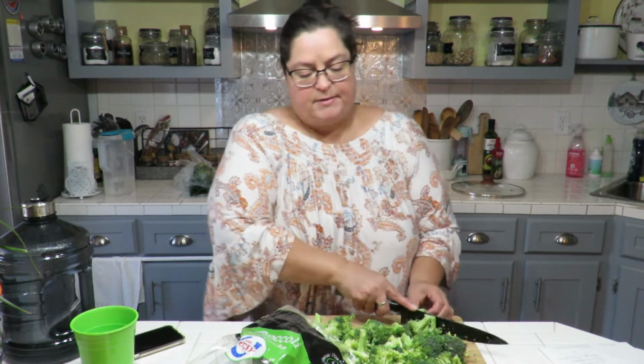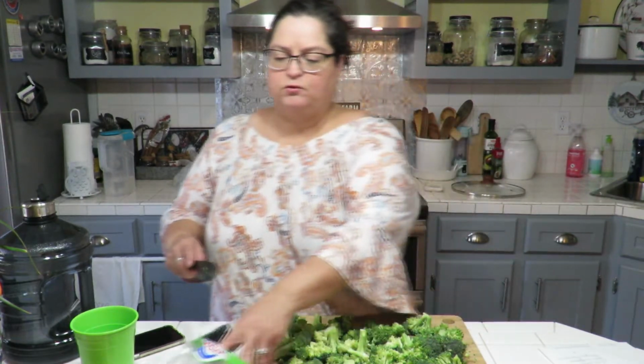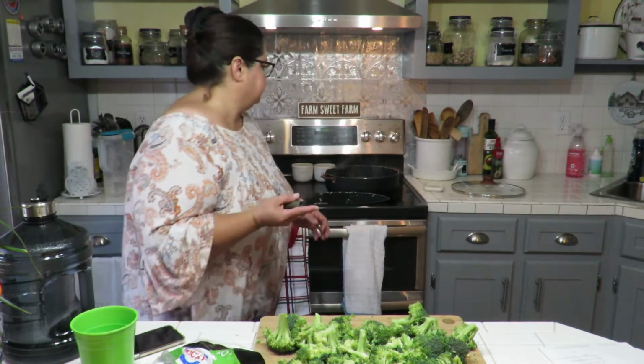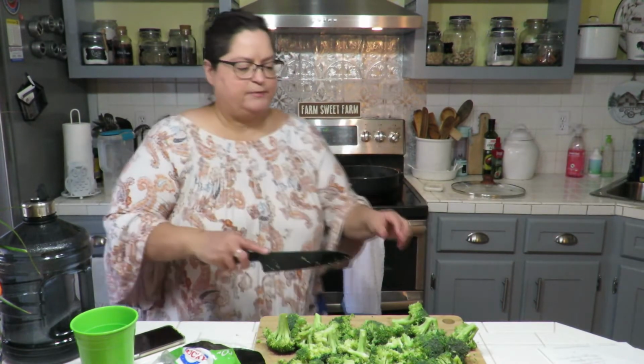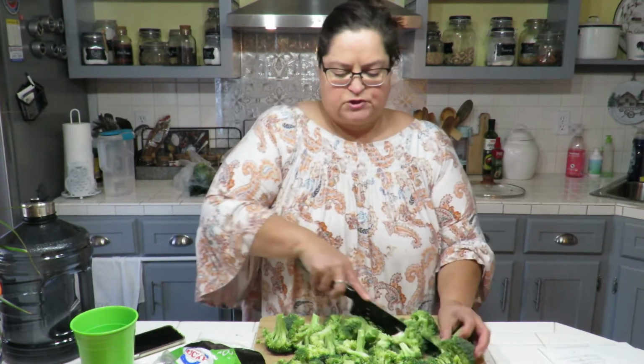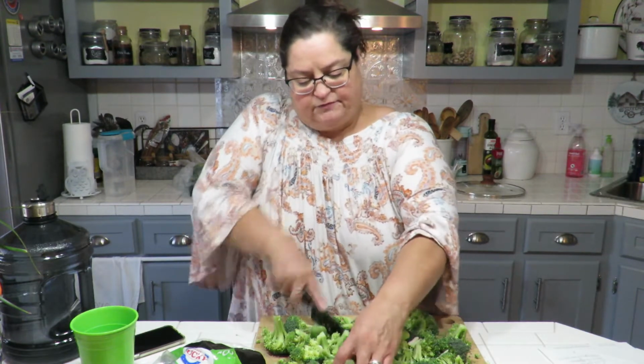Okay, so chop it up. I'm going to throw it into a pan. I've got a pan with water behind me. It's already heating up. It's steaming a little bit. It's not quite boiling, but we're going to put this in there. This is supposed to cook and get soft, but not mushy, just enough that I can then put